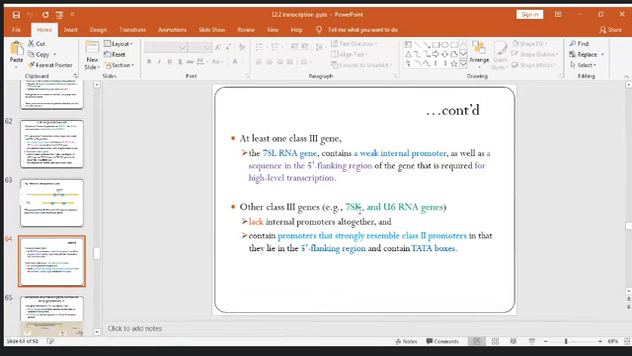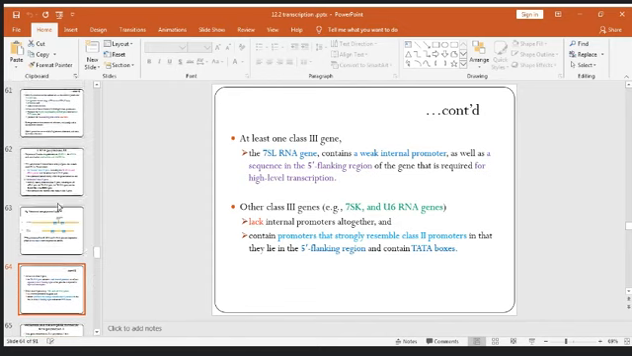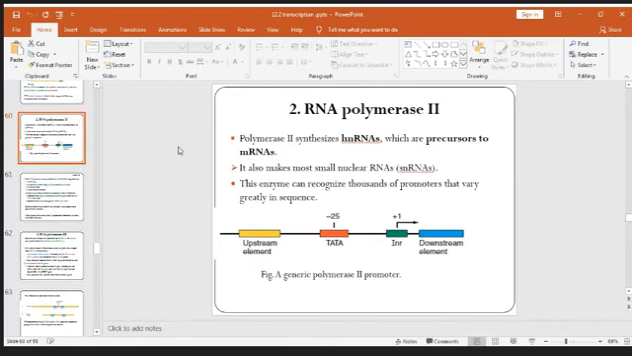And other class regions ለምሳሌ 7sk and u6 RNA genes የምንላቸው አሉ ቅድም ያየናቸው እዛ ጋር they lack internal promoters altogether and also they contain promoters that strongly resemble class 2 promoters. To that reason they lie in the 5 prime flanking region and they contain the data box. ቅድም ከፕሮሞተር 2 regions ጋር ይመሳሰላሉ ያልናቸው እዚህ ጋር the RNA polymerase 2 regions ያልናቸው -25 area ላይ data boxን ይዟል